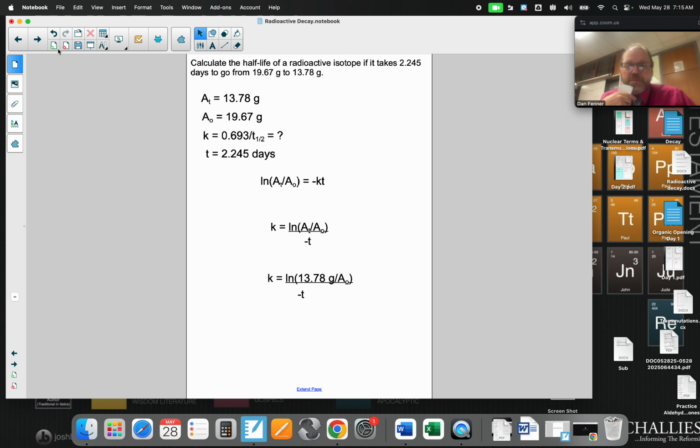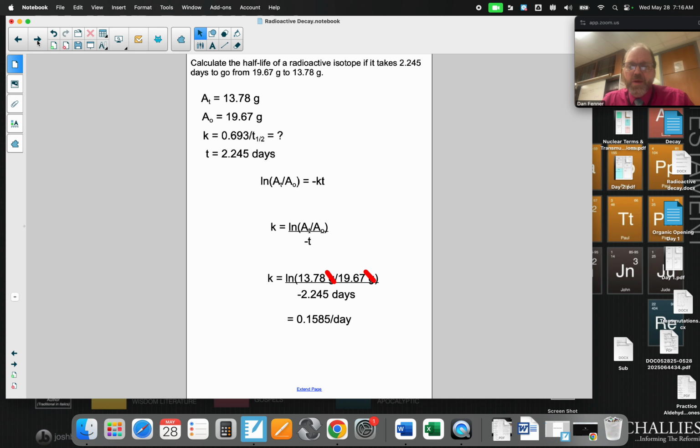Put our values in. Ln of 13.78 divided by 19.67. And our T value is negative 2.245. So what you can do here, if your calculator is like this one again, you type ln and then 13.78 divided by 19.67, close parentheses, equal, divide by negative 2.245 equal. This one you're going to do inside the calculator first. 13.78 divided by 19.67 equal, natural log equal, divide by negative 2.245 equal. When you do that,